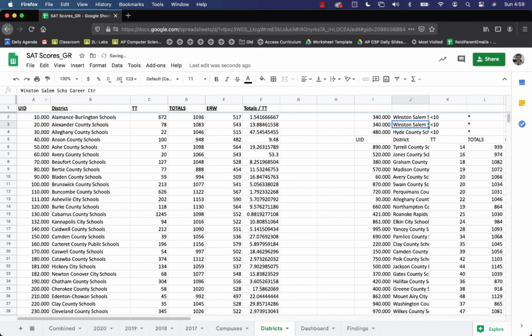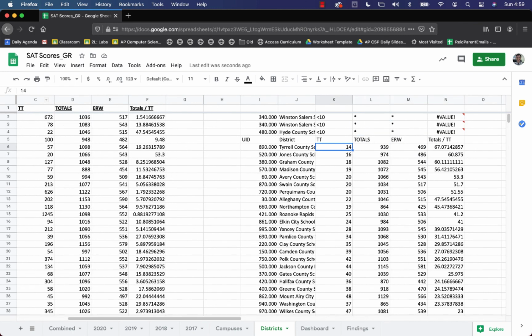Tells us, and then Tyrrell County, they had 14 people take it at a 1493. Like that doesn't mean that that's a high score. Like we had schools down here, there might be something like 1145. This is if we sorted the score. I mean, there's too many things that are really coming into play here to get a definitive answer. Again, I think you could probably say Tyrrell Schools has a 67 there,